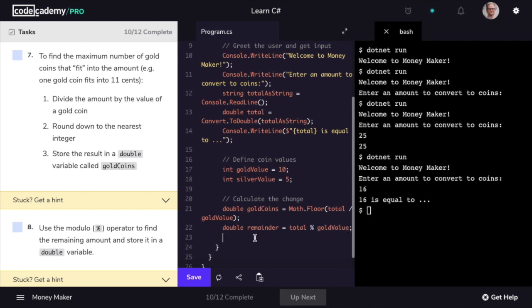Now what I like to do is just check that the values are coming across as we would expect. So I'll just do a console.writeLine, and I'm going to pass in gold coins, and then console.writeLine, and I'm going to pass in remainder. I'm going to save our code. Now I'm going to go ahead and run our code,